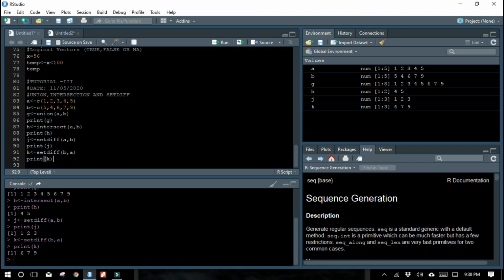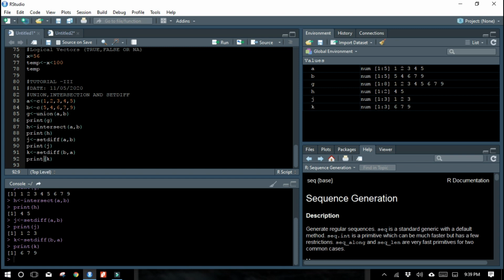So here set difference of A, B, what this function has done is the common numbers that are available in A and B are neglected and the remaining numbers in A are displayed. So that is what this function defines. Whereas in the next object K, B, A, here also the common numbers are neglected but the remaining numbers in B are displayed.